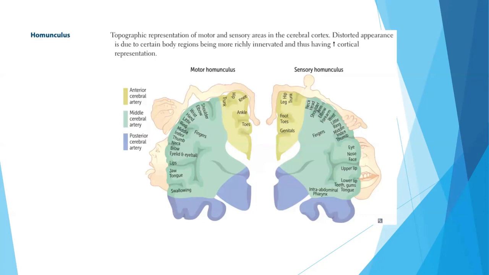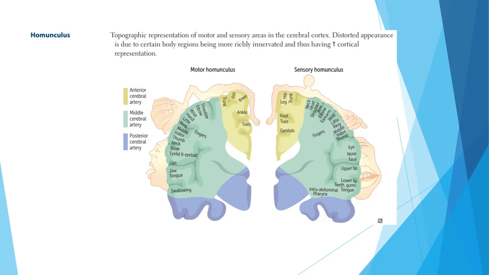The motor homunculus and sensory homunculus are somewhat similar. So if you only remember one, then that will work for both. Or if you can remember both, or even the small tiny details, then that will be awesome. So what is the homunculus? The homunculus is a topographic representation of motor and sensory areas in the cerebral cortex. Distorted appearance is due to certain body regions being more densely innervated and thus having an increased